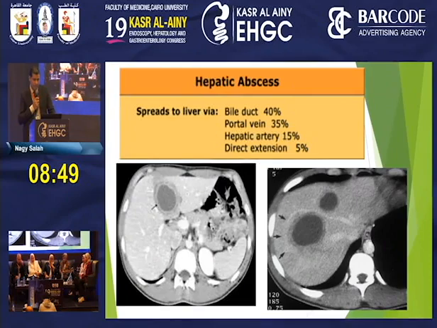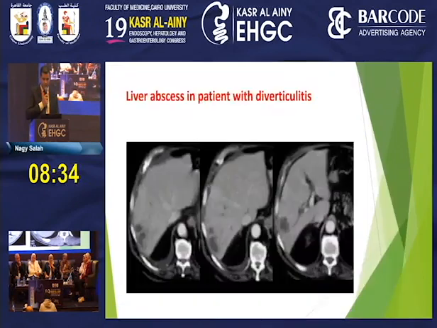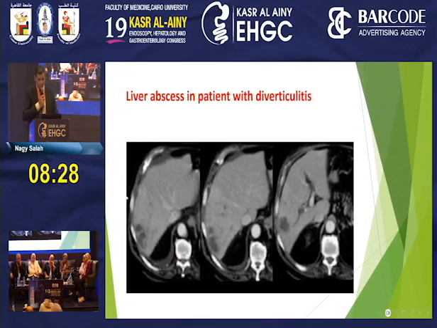Hepatic abscess spreads by bile duct, portal vein, hepatic artery, or direct extension. Mostly well demarcated, associated with marginal enhancement and post-contrast septa and perilesional edema. Liver abscess: another case of liver abscess in a liver with diverticulitis, in the posterior segment of the right lobe with